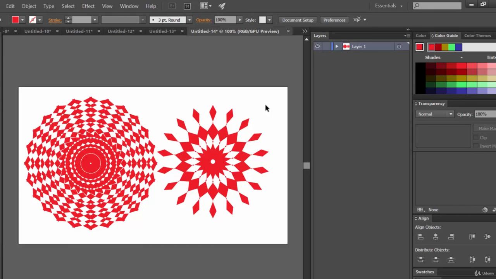And let me tell you another thing, in an additional project also, we are going to create a really wonderful flower using these three steps only. That time we will see.